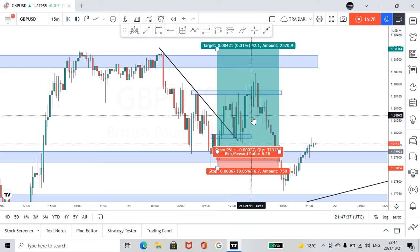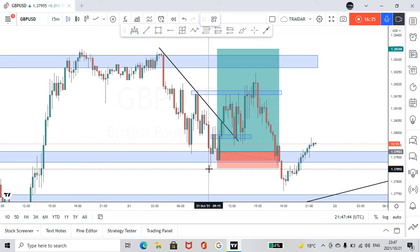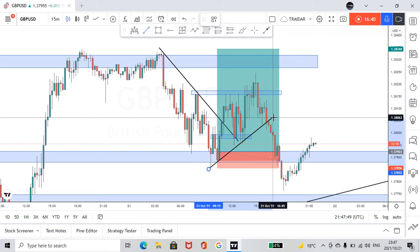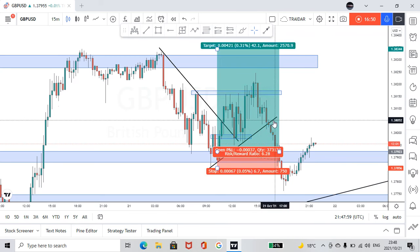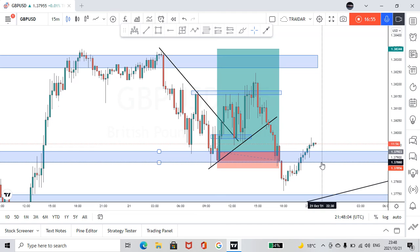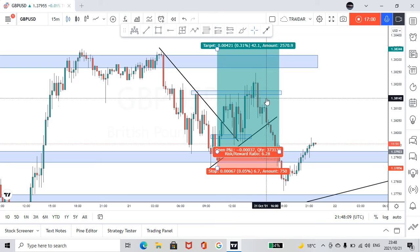Okay, everything said, maybe you're shooting to the downside. Maybe you're forming something like this. Maybe you're creating some sort of structure, a nice respectable structure to the upside. Maybe if it gets here, it would continue all the way, hit our TP before it can actually come down. But then this thing just came here, rejected. I was like, okay, cool. It went up, came back down,